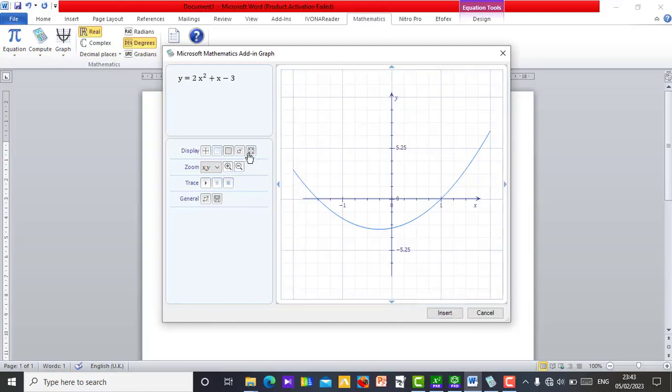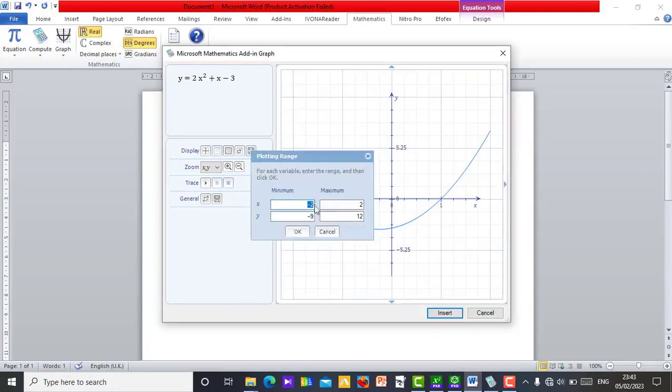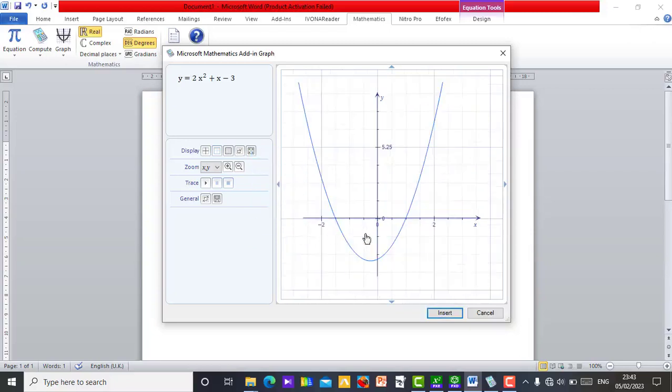Then let's see if we can set some minimum and maximum value. I want my maximum value here to be, let's say, 4, for example. I want my minimum to be -3. That's for the x. Then for the y, I want my minimum to be, let's say, 5, and I want my maximum for y to be 10, for example. Okay, this is okay. So you can see the graph is well positioned as I want it, my scale being